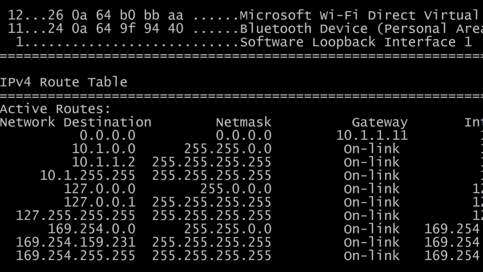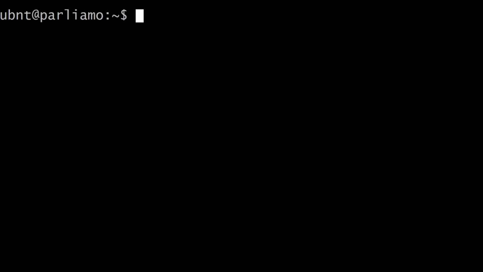That is more or less it on a typical personal computer, but we can look at a router to make this just 1 degree more interesting. Here we are logged onto a router. This happens to be a Ubiquiti Router, so the commands that it will understand are different from the typical Unix or Linux commands.